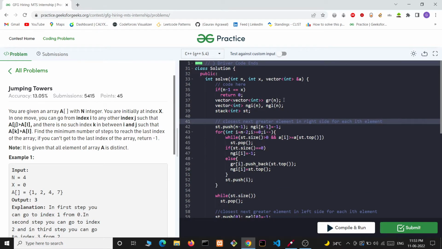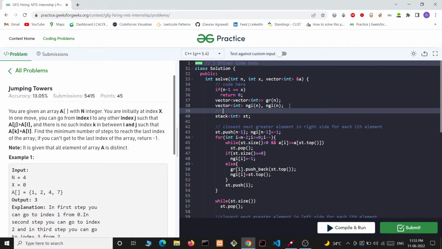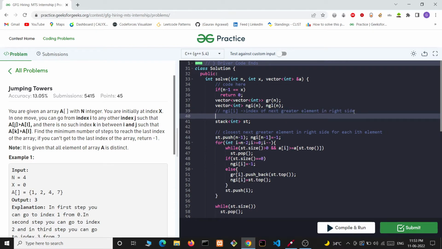The information about the indexes will be stored in NGR, which tells the index of the next greater element on the right side which is closest to it, and NGL will do the same for the left side.